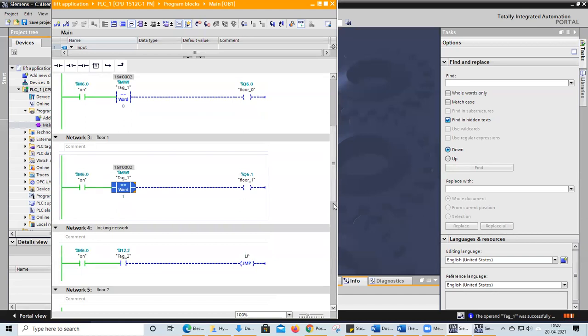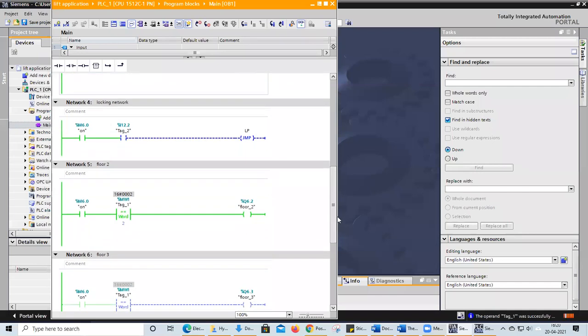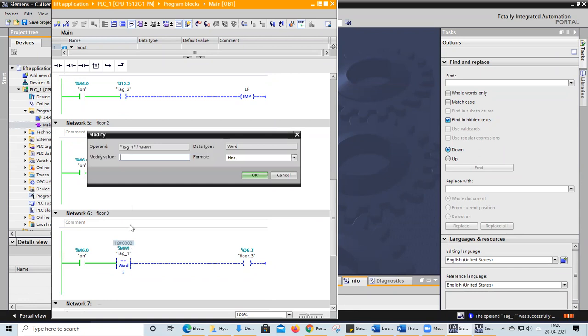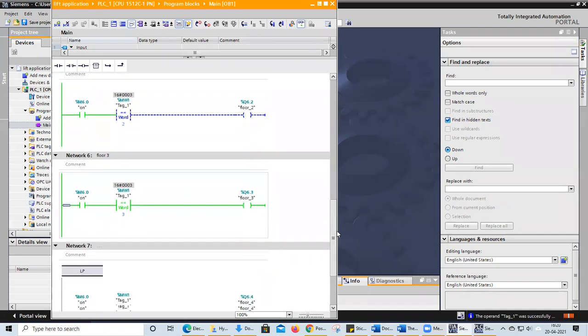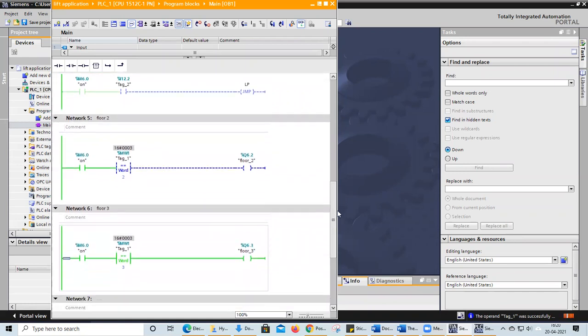Why? I have clicked on the floor 2, and my floor 2 lift is working. Floor 2 coil is on. Now I will click on third floor. Here double click on this one, write 3 and click OK. See, my lift is in the third floor and the second floor is off. But our task is lift should not go in second and third floors, but it is going in this case. So is the jump instruction not working fine?